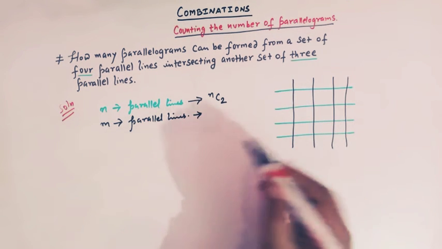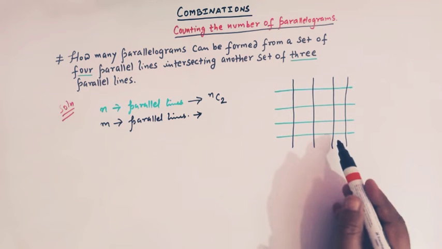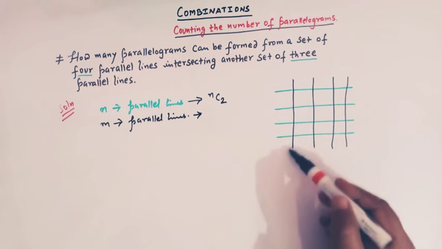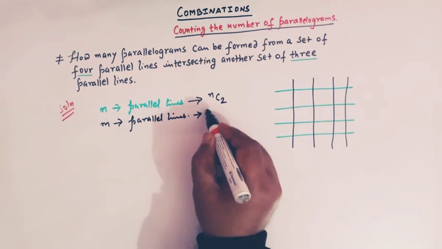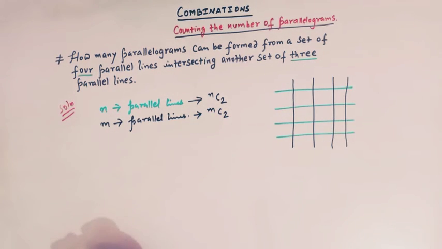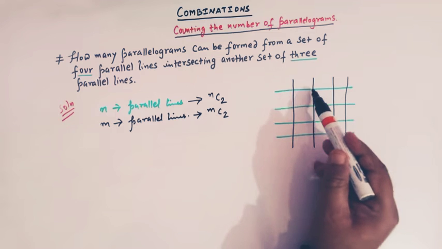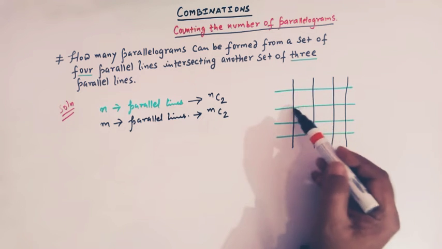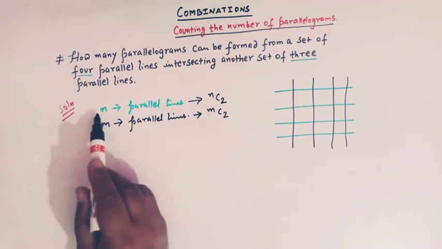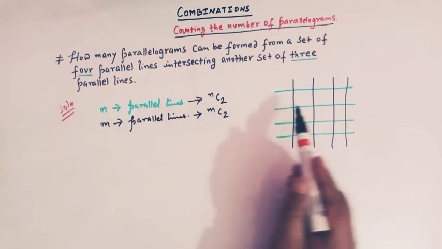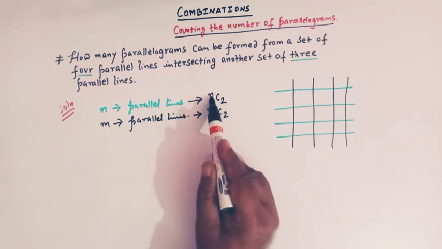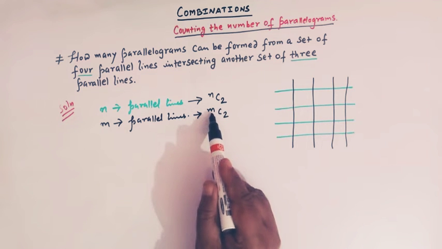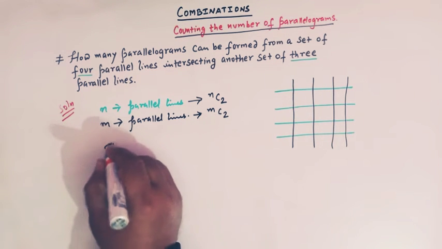And the other set of 2 straight lines to be selected from these vertical parallel lines is given by mC2, right? Because for each parallelogram we have 4 sides. 2 sides come from these n parallel lines, and the other 2 sides come from these m parallel lines, right? So we have nC2 and then we have mC2, and the total number